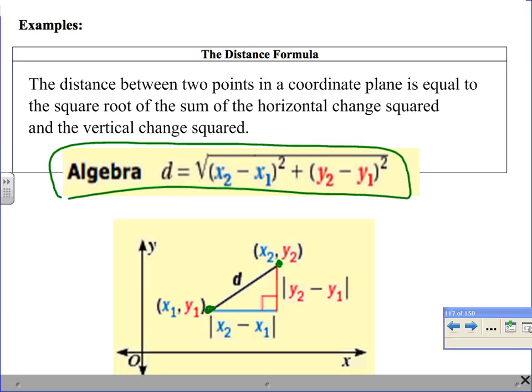Well, from here to here, you need to take the absolute value of x2 minus x1, which is the same thing as squaring it. You need to take the absolute value of y2 minus y1 on the vertical change, which is the same thing as squaring it. You cannot have a negative distance. So that's why they have absolute value there. You can't say, I took a negative 5-mile walk. That makes no sense. Even if you walk backwards, you're still walking. You're still running. You're still doing something. So your distance is always going to be positive. Keep